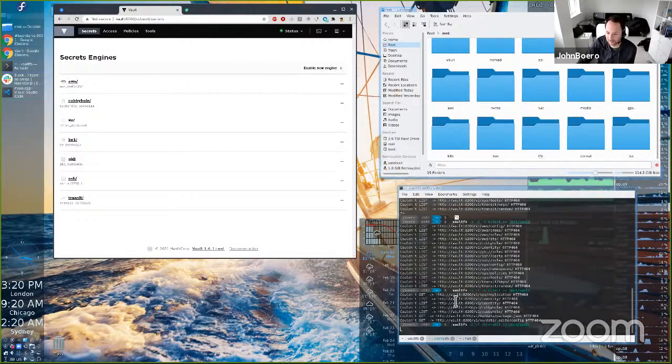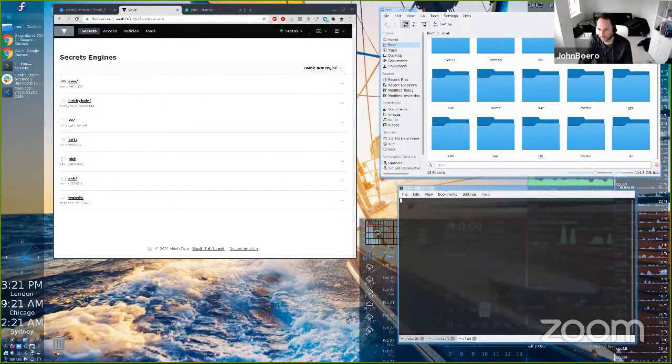I've got CNAMEs for all three going to the same box. And I'm not using TLS because I cheat and I'm developing a lot of crazy stuff, and I'm mostly on a secure network. I don't have anything critical or production grade on here. But you can see all my secrets here in the UI. And if I go over here, I can